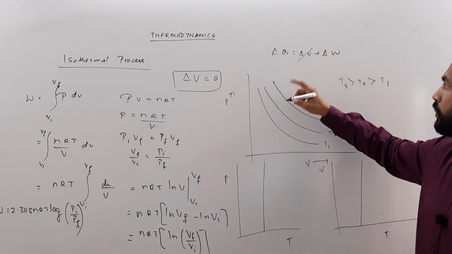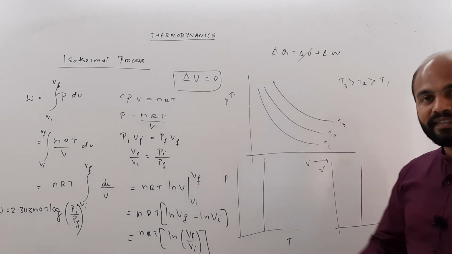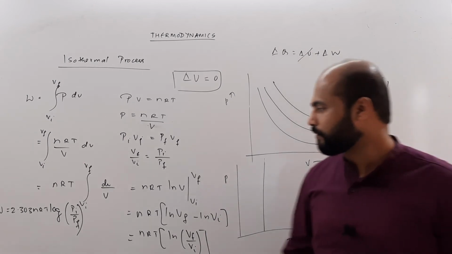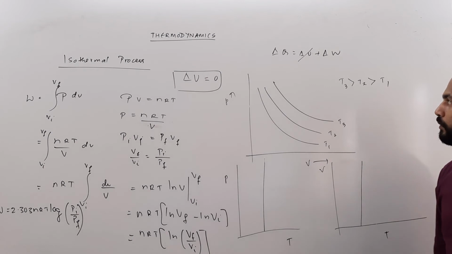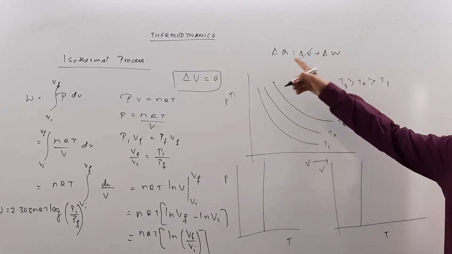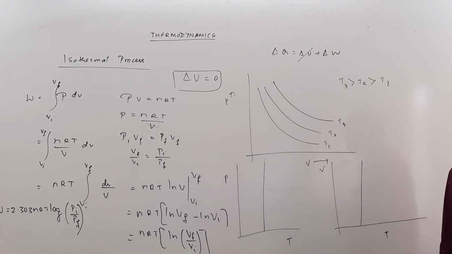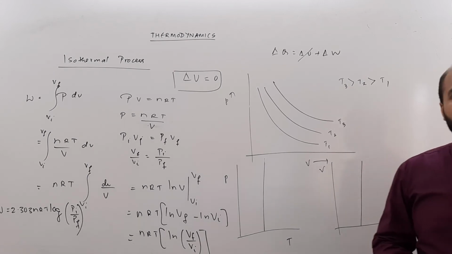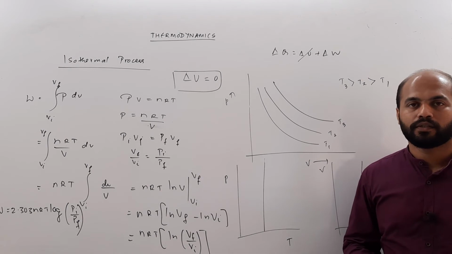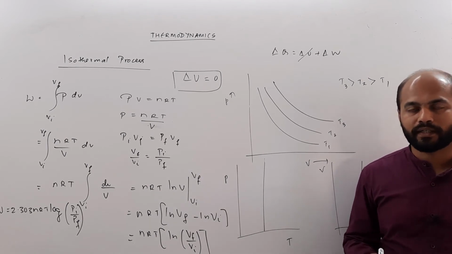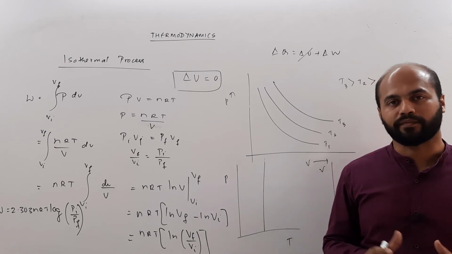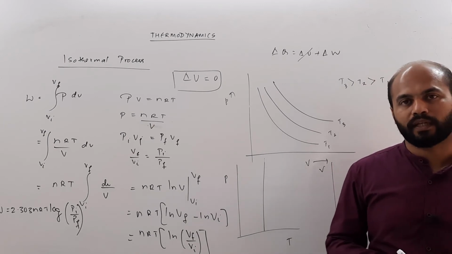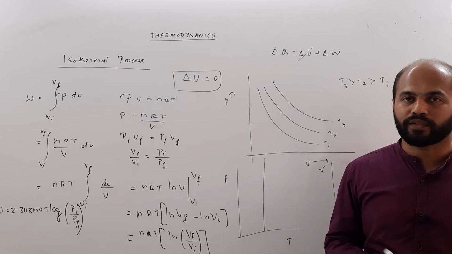So it means that the heat supplied would be given by this expression or the same expression over here. The expression for work done and for the heat absorbed or heat rejected would be the same in this isothermal process. We know from our convention that if heat is released, it is negative, and if heat is absorbed by the system, it is positive.